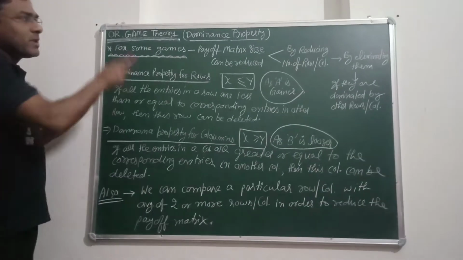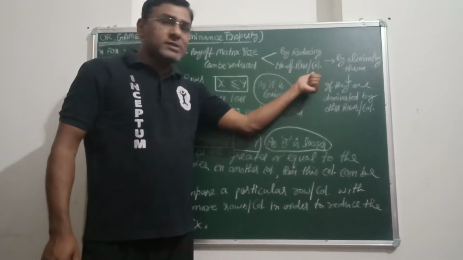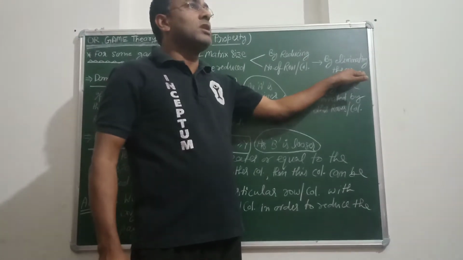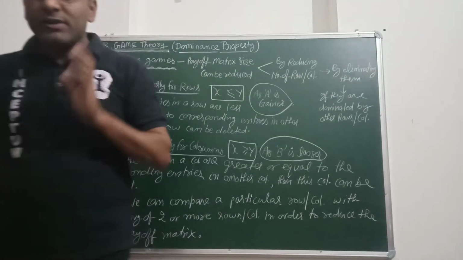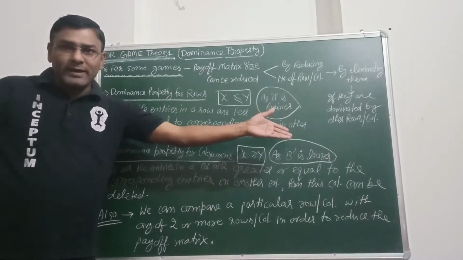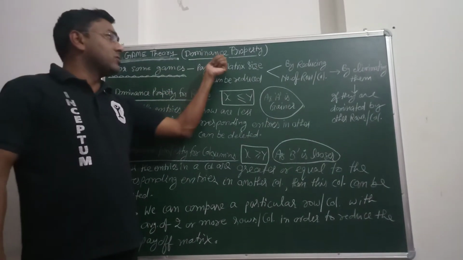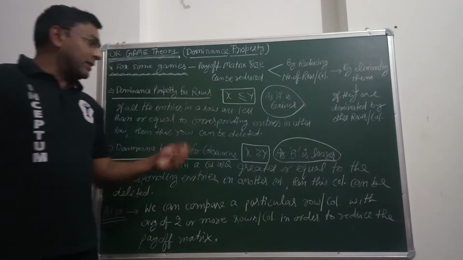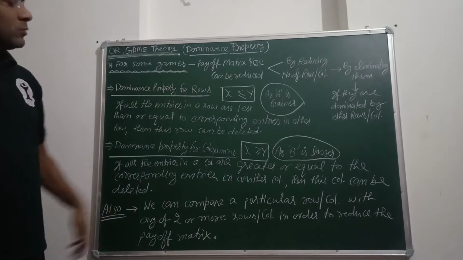You know that for some games we can reduce the payoff matrix by reducing the number of rows and columns, as we can eliminate these rows and columns if they are being dominated by other rows and columns. Means we can reduce a payoff matrix to a 2 by 2 matrix, most probably. Okay, so this can be done by using the rule of dominance. The rule depends on whether we are dominating the row or the column. So for a row, dominance property for rows, what is happening,